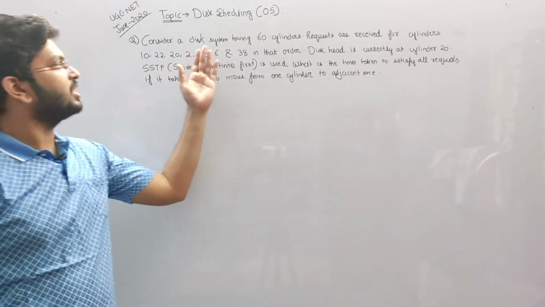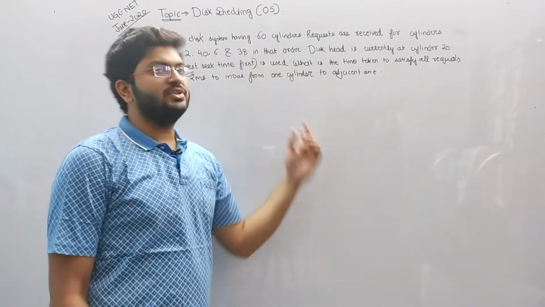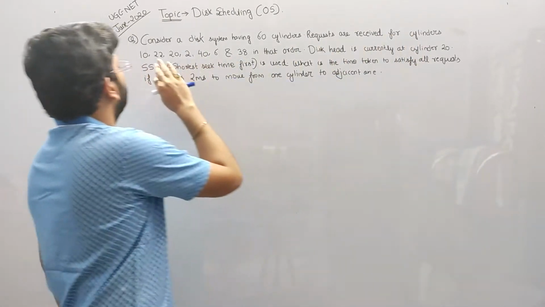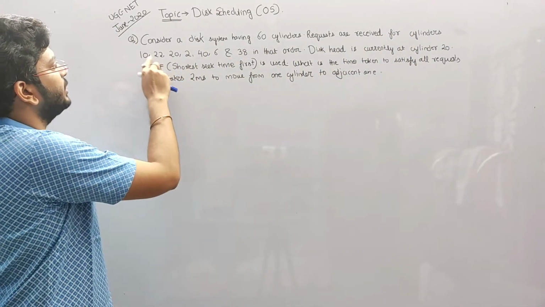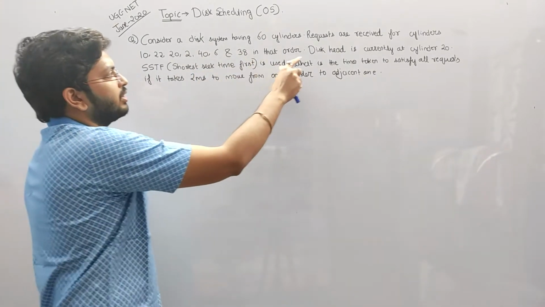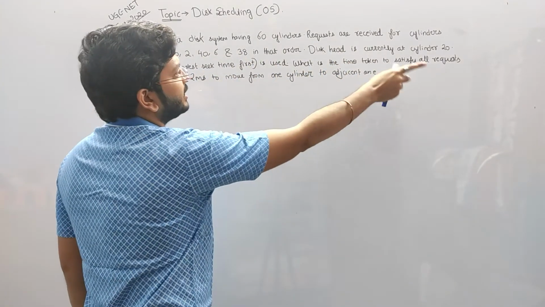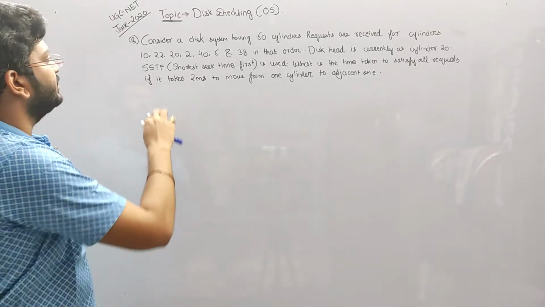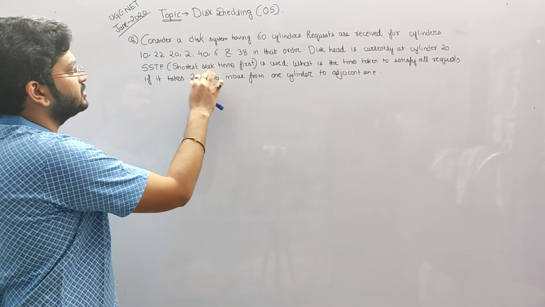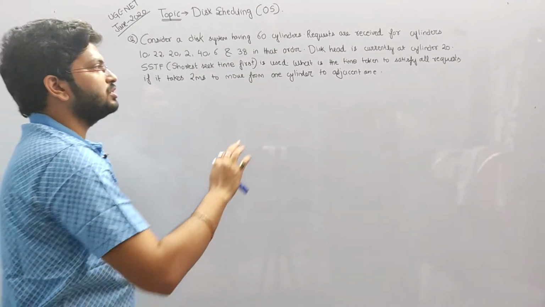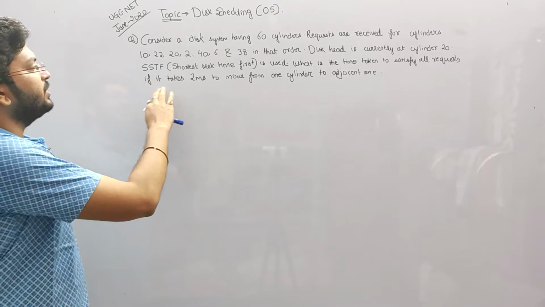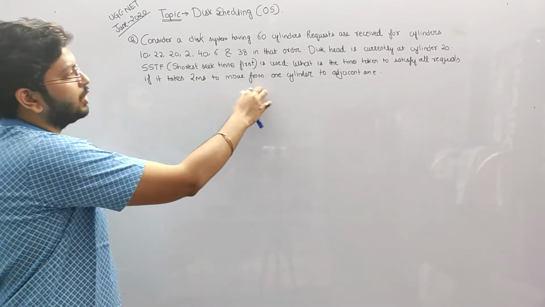Consider a disk system having 60 cylinders, means there are 60 cylinders. Requests are received for cylinders. These are the requests received: 10, 22, 2, 46 and 38 in that order. Disk head is currently at cylinder number 20. The algorithm uses shortest seek time first, SSTF. What is the time taken to satisfy all the requests if it takes 2 milliseconds to move from one cylinder